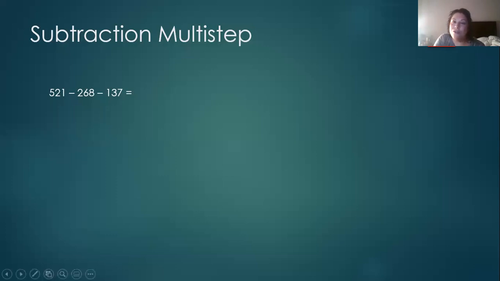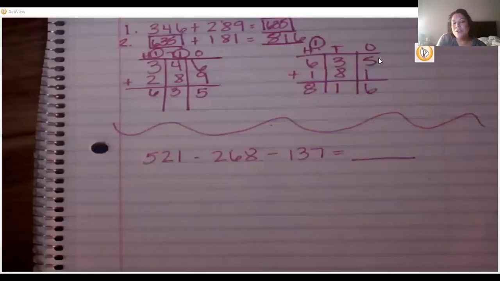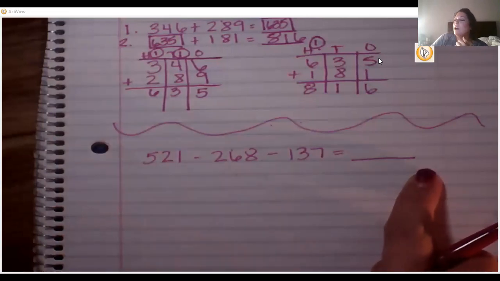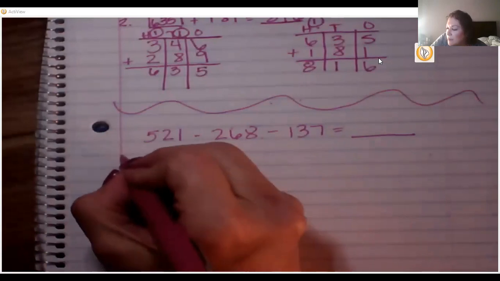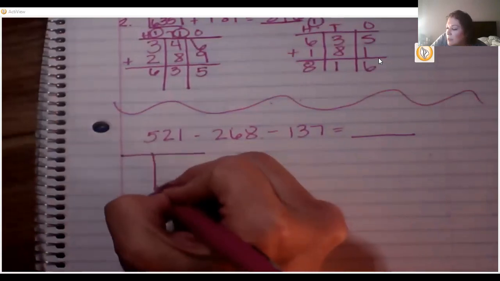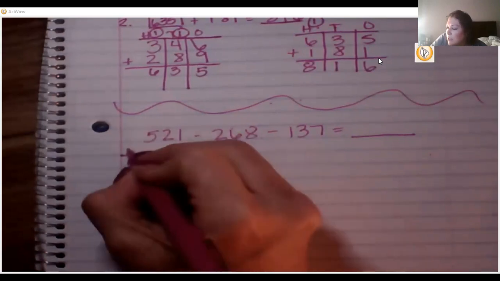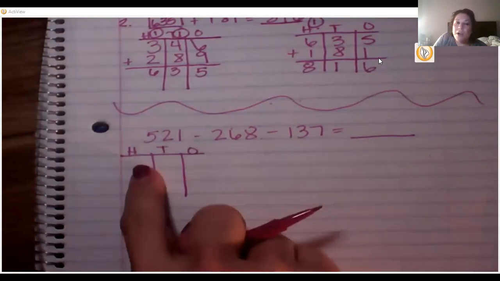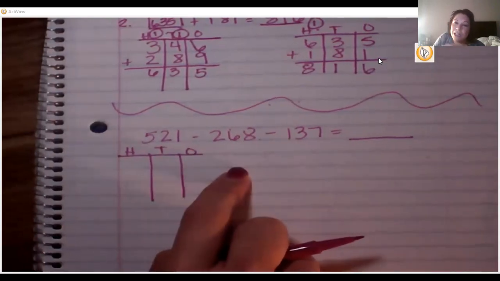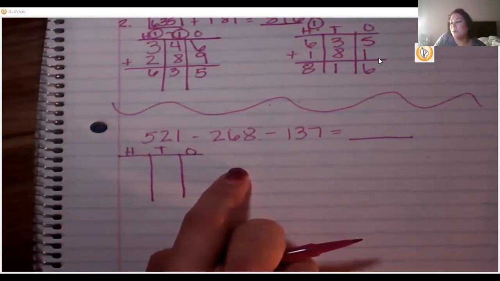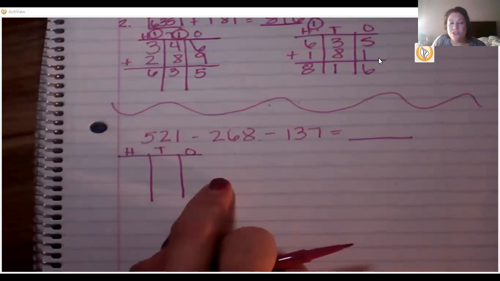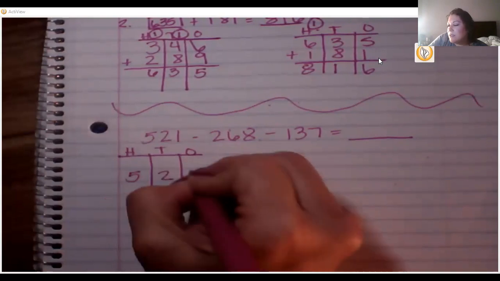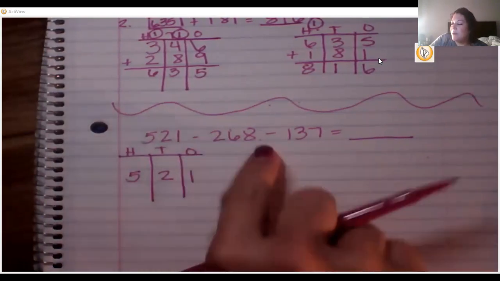So let's go over to our notebook now. Okay, and again, you can see that I have written my problem vertically across, but that's not how I'm going to solve. I'm going to set up horizontally again. My little place value charts stay organized. This time I'm just going to skip a space right here because I want to leave myself room in case I have to regroup. I don't know if I'm going to have to, but just in case, and you'll see what I mean in just a second. So I have 521. I just want lots of space up there,